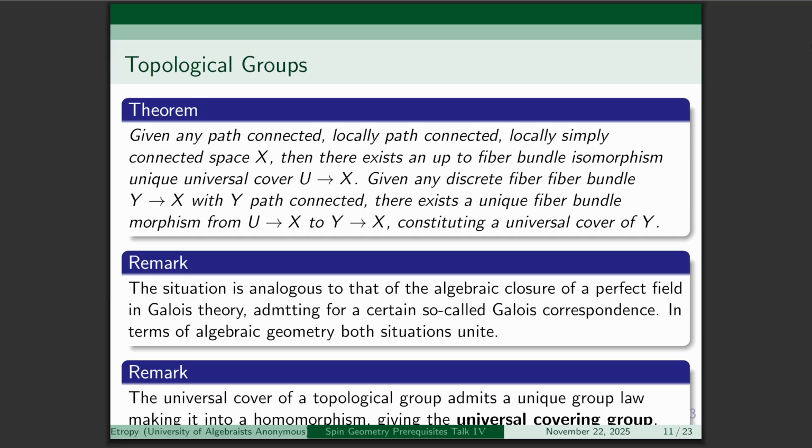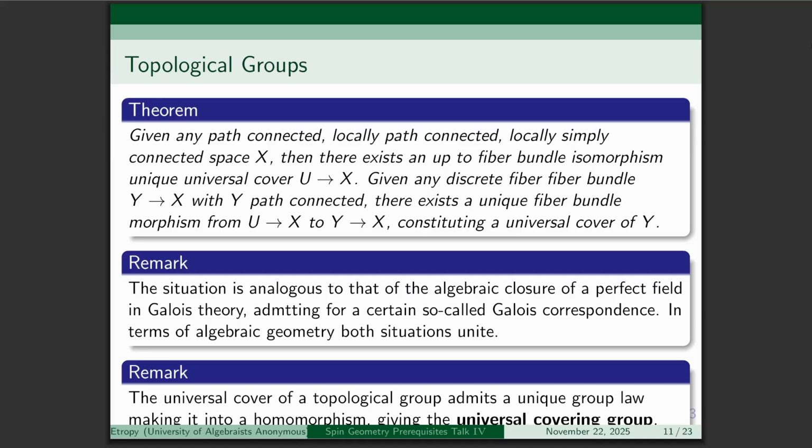A useful thing to remark is the properties of universal covers and covering spaces. Covering spaces are these discrete fiber bundles with path-connected base and path-connected total space. One can verify that the universal cover of a topological group is in a unique way a topological group itself. To multiply two elements, you map them down. Well, you take paths. It's not a unique group law, but up to isomorphism there is a unique group law. You fix an element in your